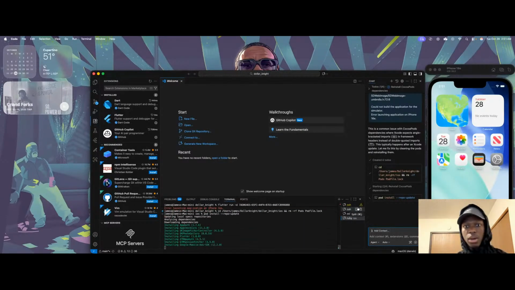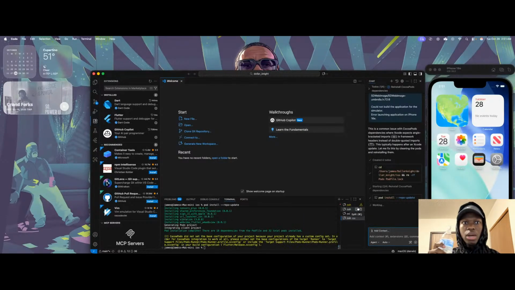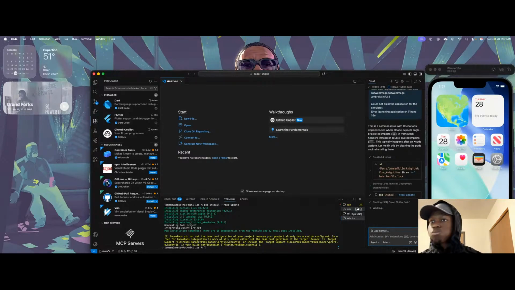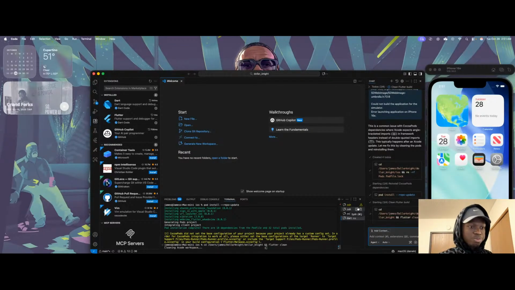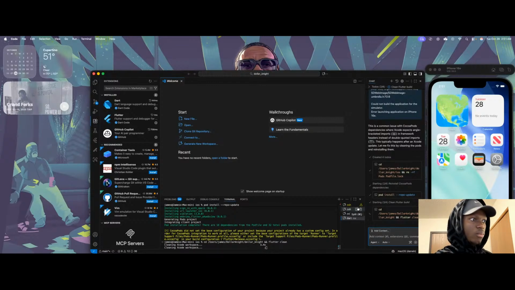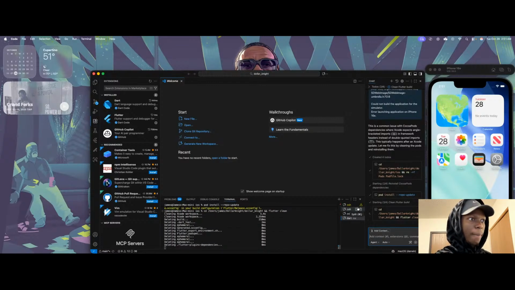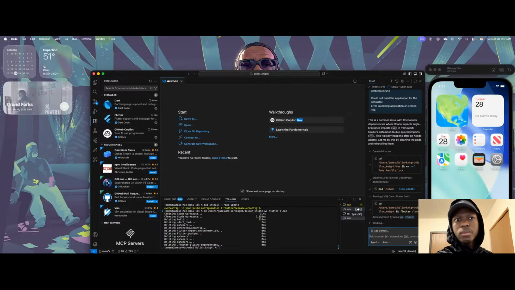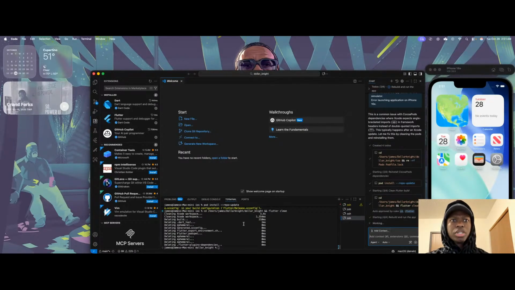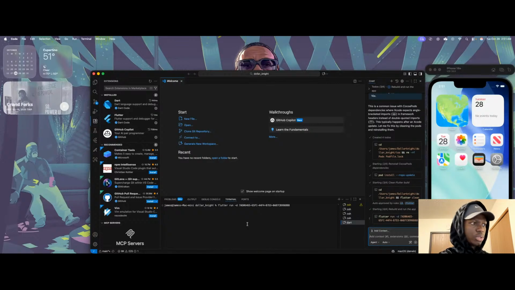Of course, we want to allow permissions to let it do that. All right, so it pretty much cleared the current Flutter build, which